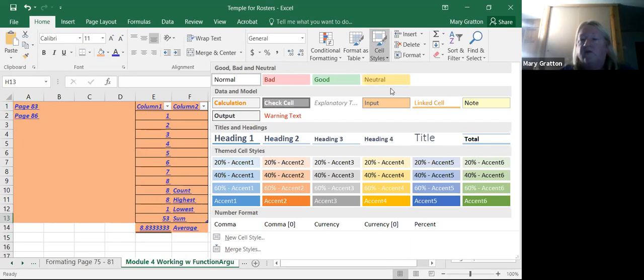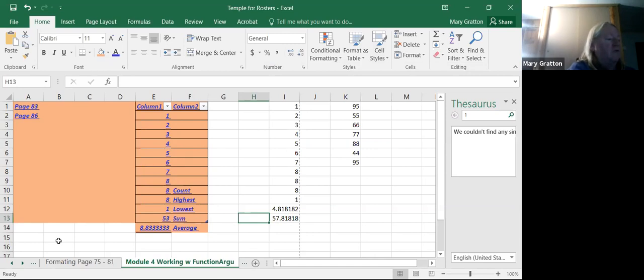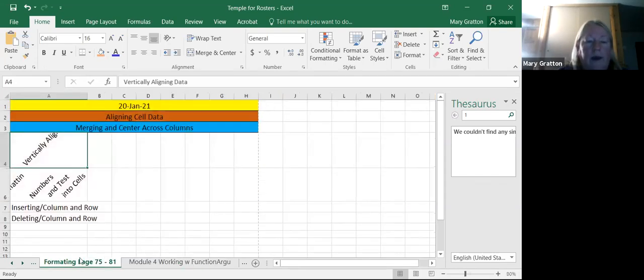The homework assignment is going to have you create a little table from the book. I have it all written out. It's on page 83, and you type it in, and then you get to play with the different formattings with it. You also get to experiment with a formula in it, not only adding, but also using percents. And then you would also take what I'm going to go back to,